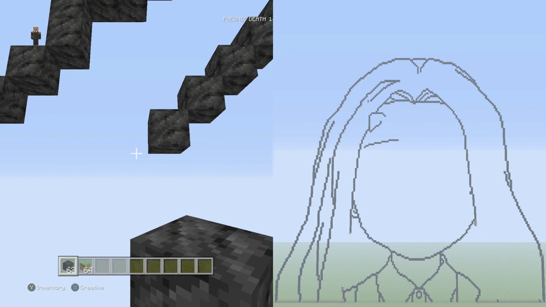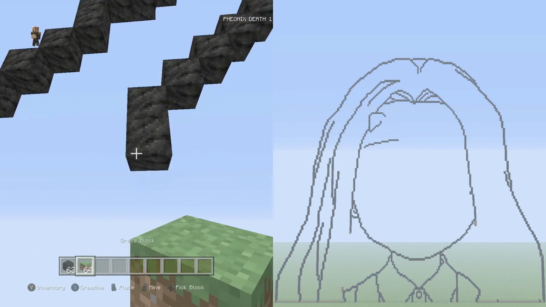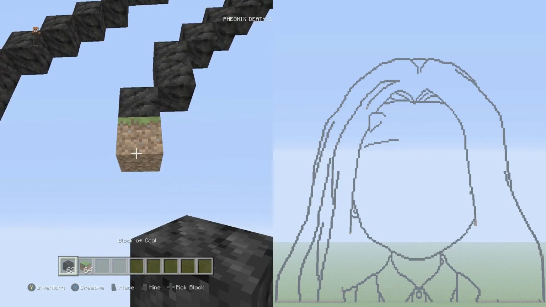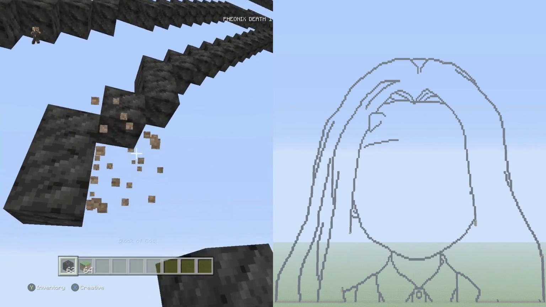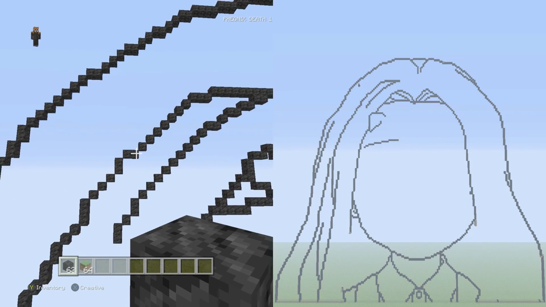And then to finish this up, we're just going to go down into left 2 vertical. 1, 2. Down into left 1 single. 1. And then down to left 2 vertical again. 1, 2. Perfect. So looking at the right hand camera screen, you can see the left part of her hair